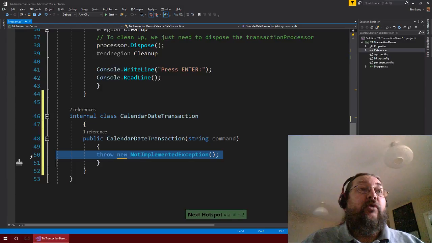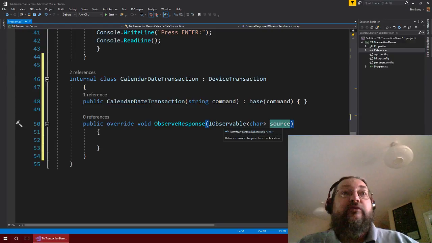The observe response method is really the heart of the transaction system, and this must be overridden in every transaction, and throwing a not implemented exception won't really cut it, so let's do a proper implementation. Okay, so your observe response method has to do two things. It takes this source parameter, which is an IObservable of char, and you should think of an IObservable as a sequence of whatever is in the brackets. So source will be a sequence of characters, and these are the characters that are received